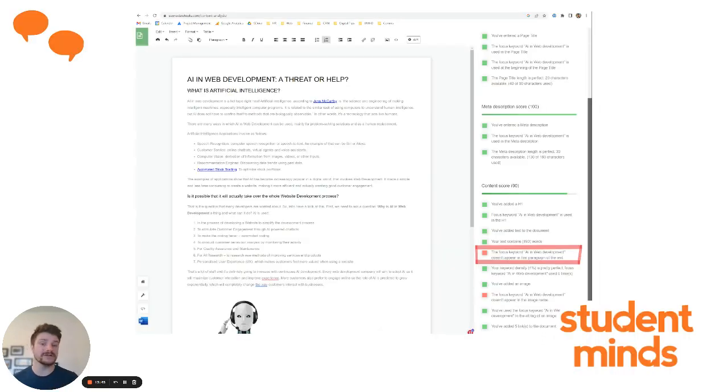Here is an article I wrote in 2022 about the use of AI in web development. I pasted the article into the tool and it gave me a 93% score and recommended that I should look at the focus keyword because it doesn't appear in the first paragraph of text. So you can see how recommendations made by these systems can help content writers tweak the content and optimize it